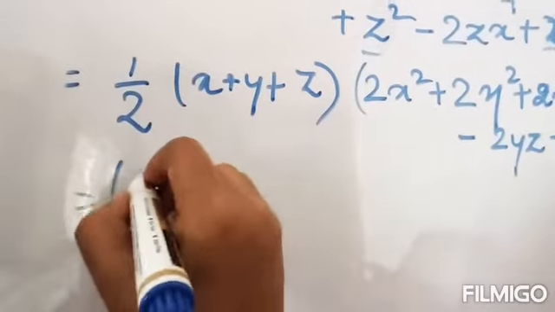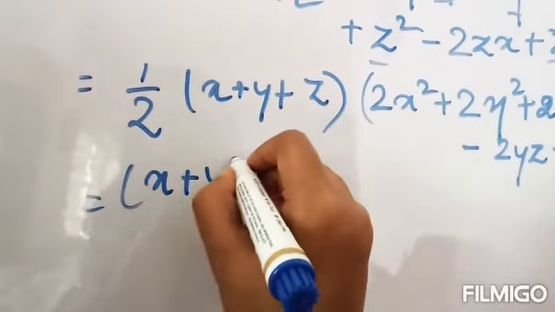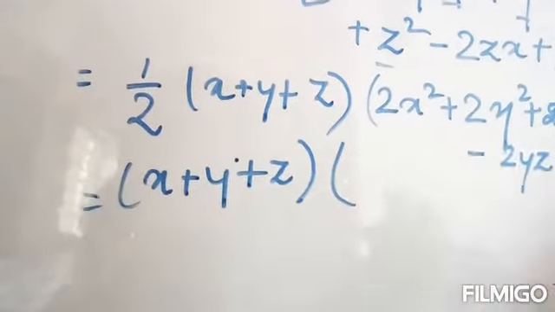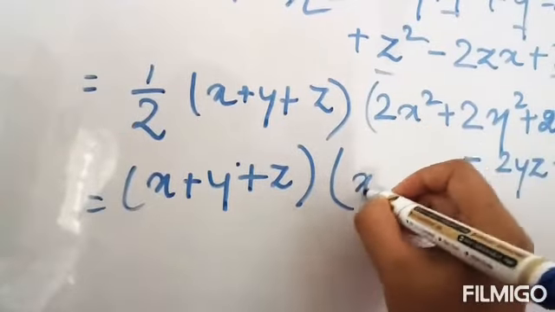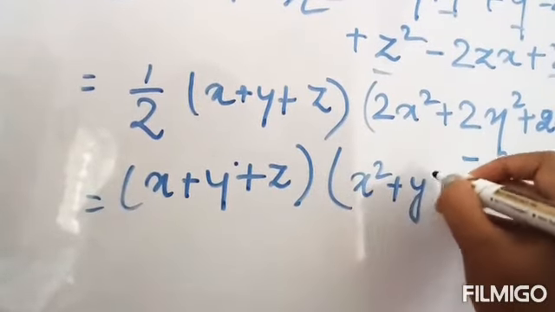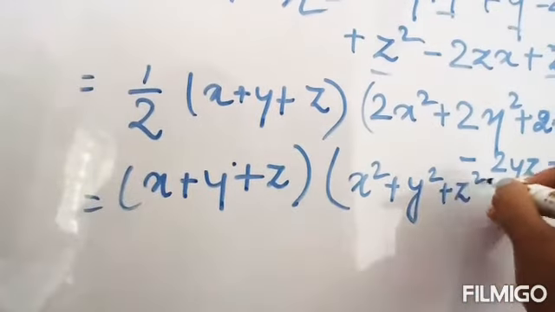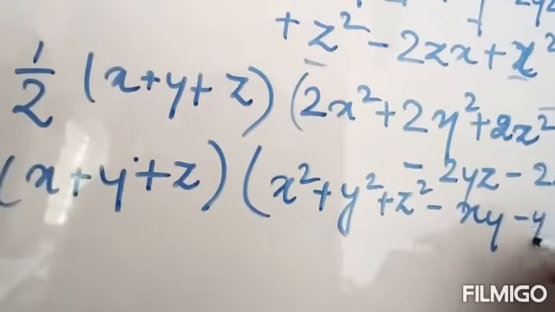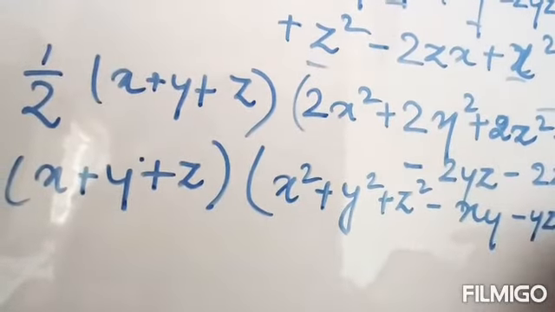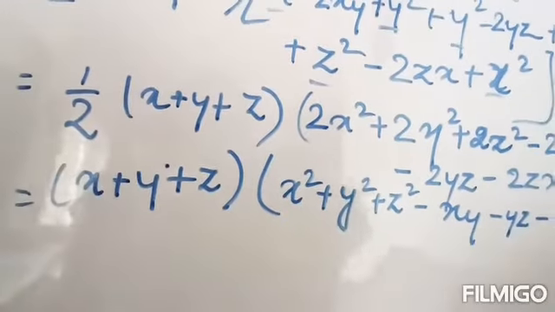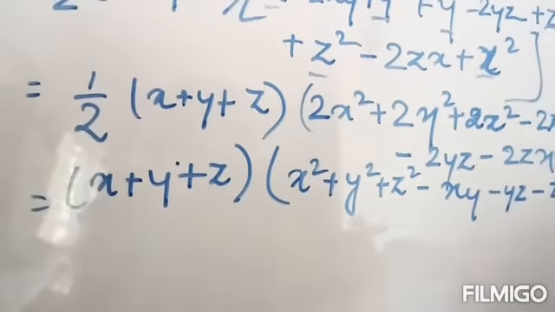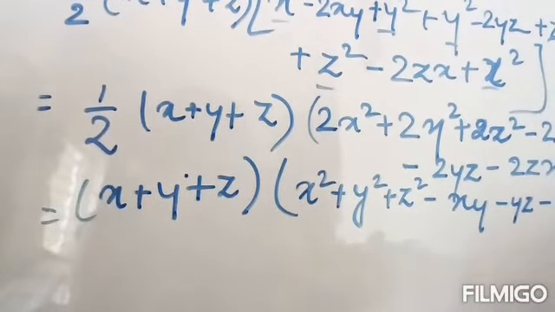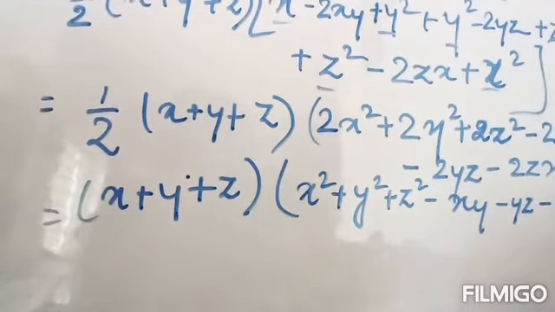So what remains is x plus y plus z, and over here what remains is x square plus y square plus z square minus xy minus yz minus zx, correct. But what we had to prove is x cube plus y cube plus z cube minus